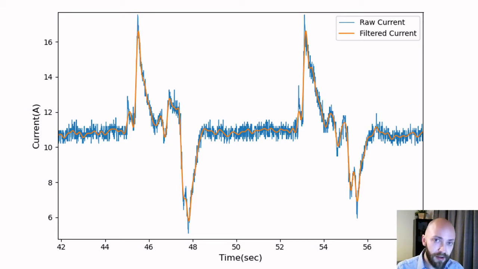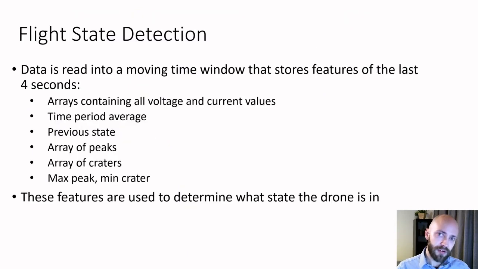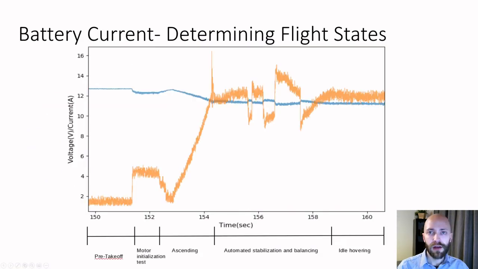Now, to do that, I have a program that looks at the last 4 seconds worth of battery readings. And with that information, it finds all the peaks and all the craters within the waveform, their distances, their amplitudes, the averages, and then it uses that as a feature set to determine what flight state the drone is in. So just for some quick examples of what these unique wave patterns kind of look like, this plot shows